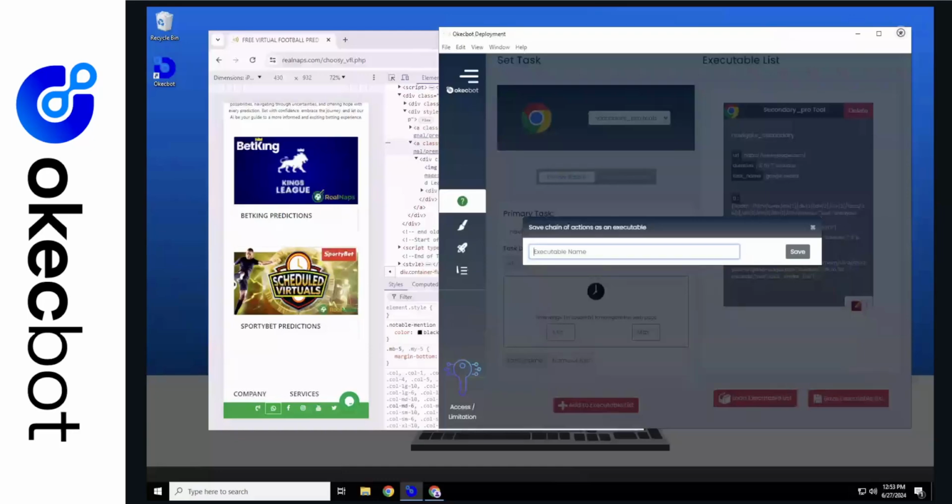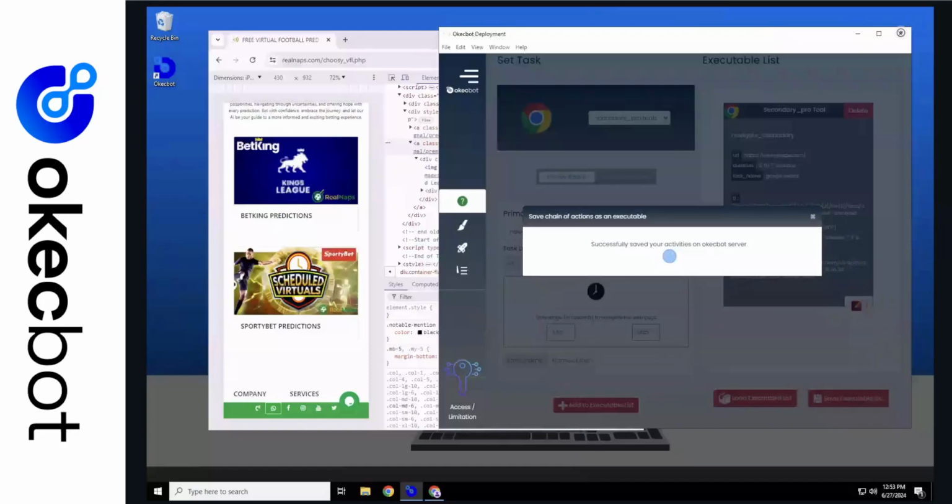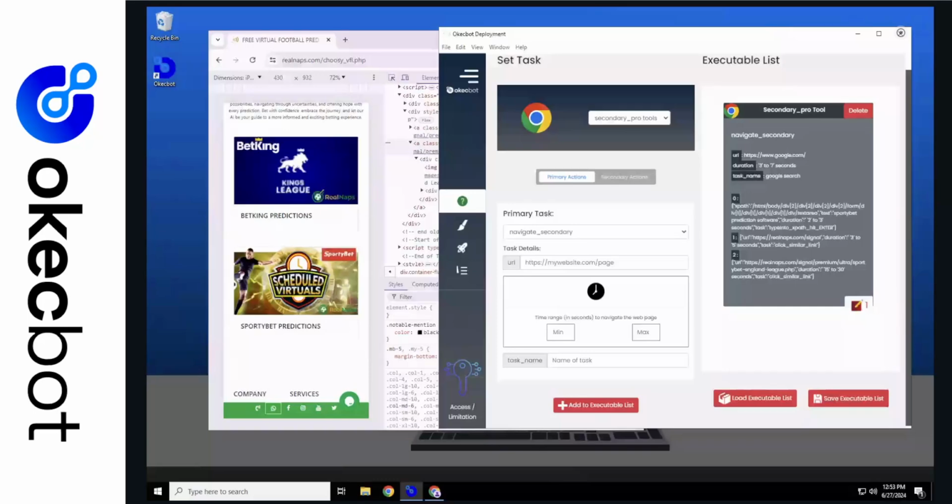I would give this executable list a name. I'm going to call this Sportybet. So I'm going to save this. Practically, I've walked you through creating bots on OKEkBot, and now I've walked you through